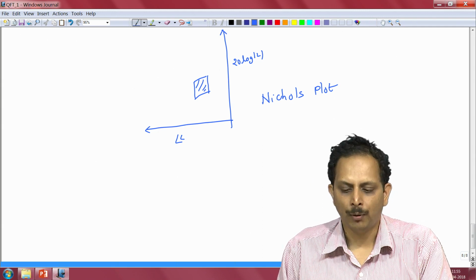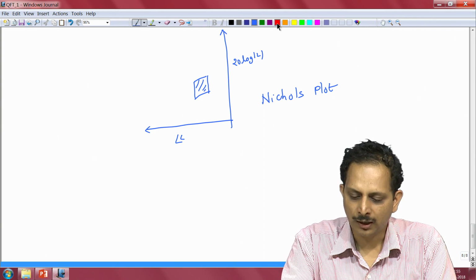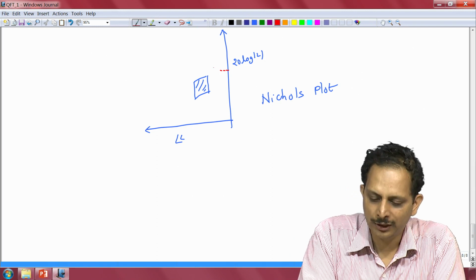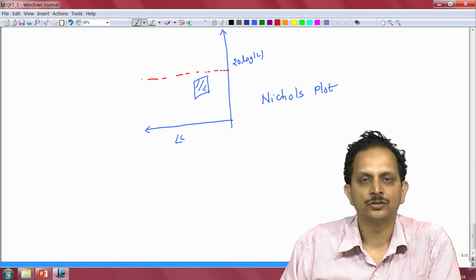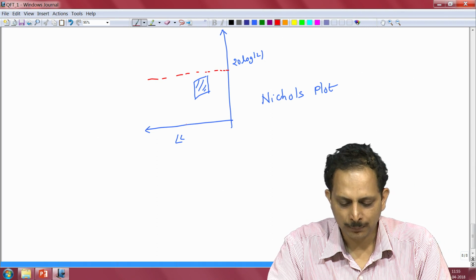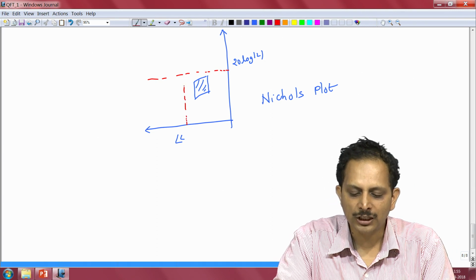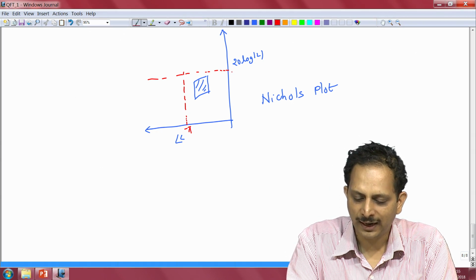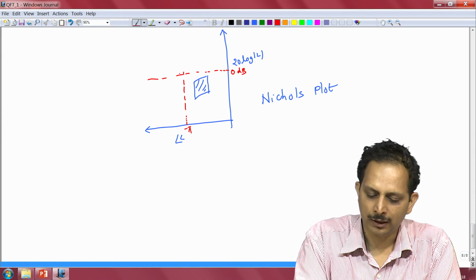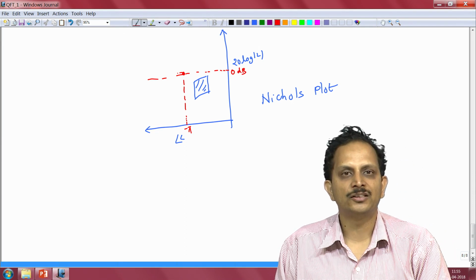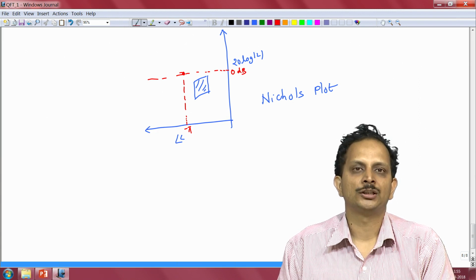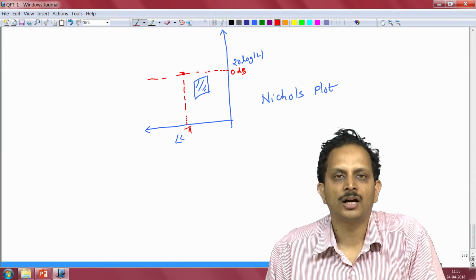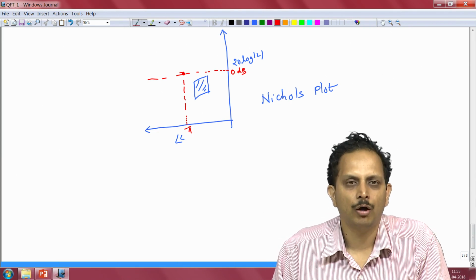So, let us now briefly look at the Nichols plots of some common transfer functions. The important points in a Nichols plot correspond to the point at which the magnitude of L becomes equal to 0 dB. So, that is indicated by this horizontal line here, and the point at which the phase of L becomes equal to minus pi radians. So, the phase being equal to minus pi and the magnitude being equal to 0 dB corresponds to a certain point here, and this is the critical point. The way in which the Nichols plot of a certain loop gain encircles this critical point will determine whether our closed loop system is going to be stable or unstable.